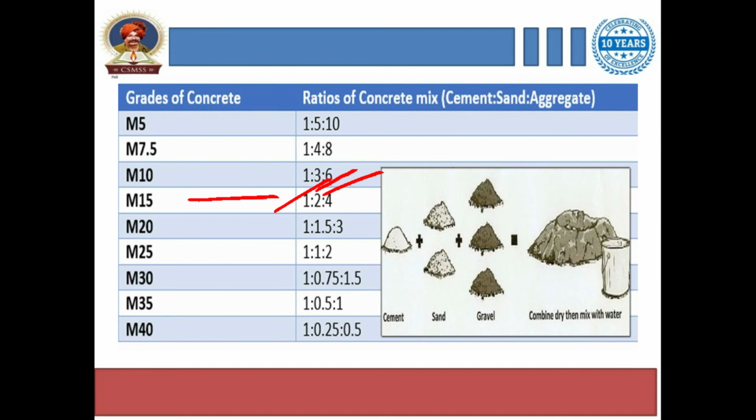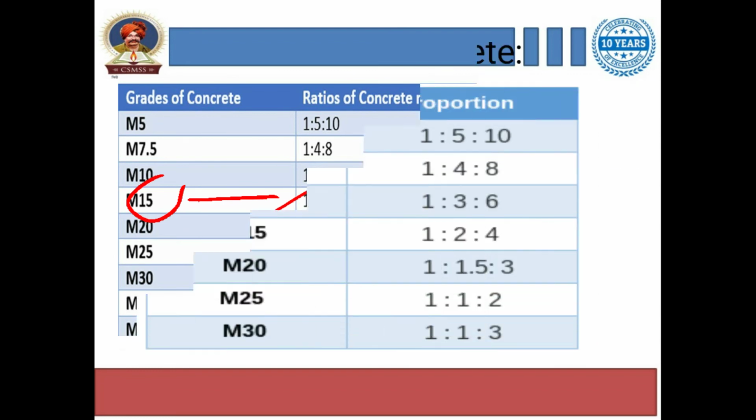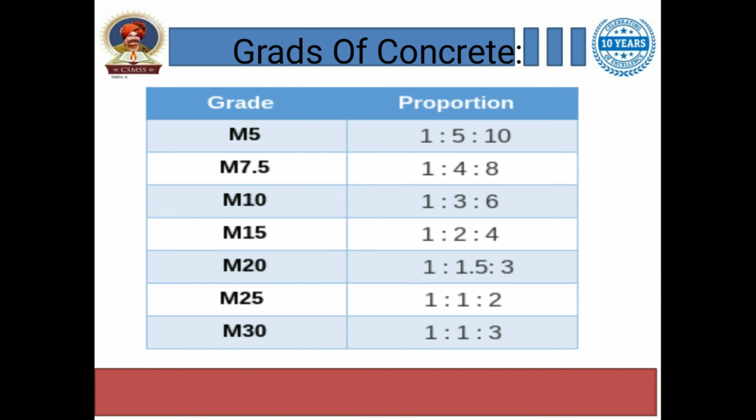Then if we mix this material in the given proportion and pour that material into the mold and remove the mold after final setting time and put that cube underwater for curing for 28 days, then after 28 days we will get the characteristic strength or the compressive strength of 15 Newton per mm square after 28 days curing, right? So this is nothing but the compressive strength or the grades of concrete. Then this is also a chart which shows the mix proportions for the various grades of concrete.